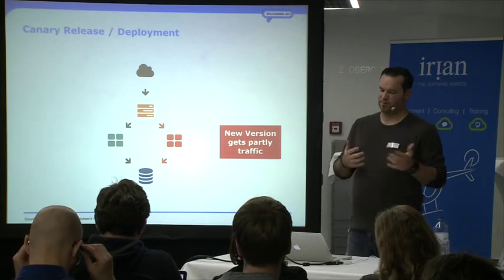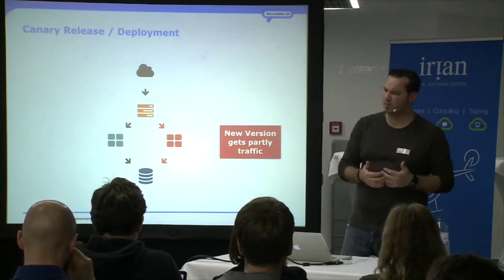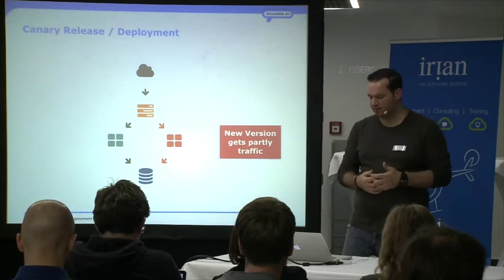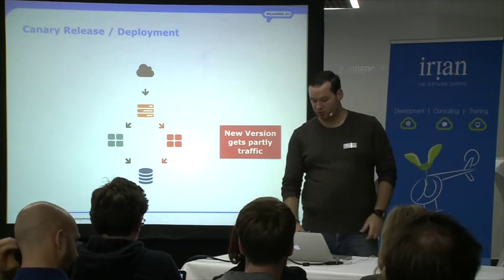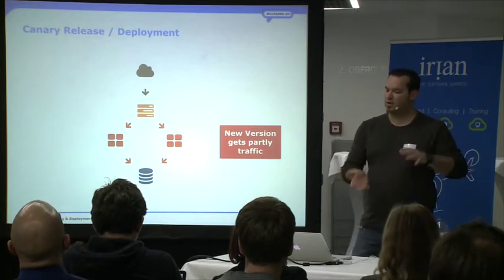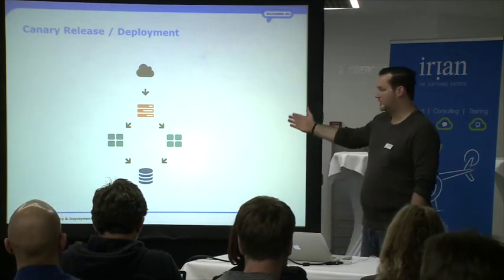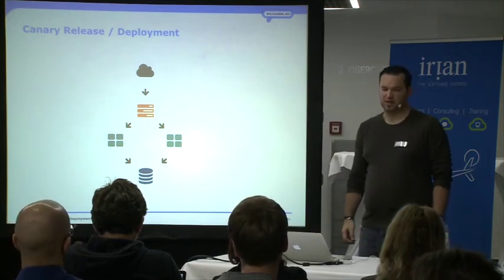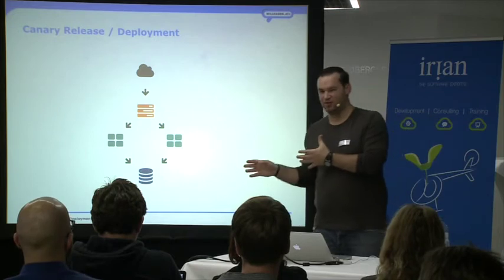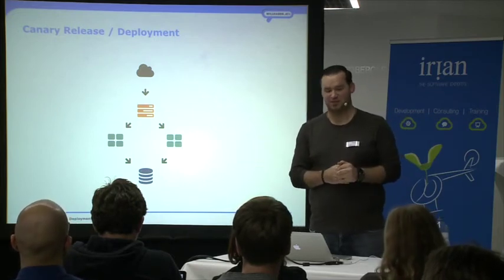Your business guys can evaluate if the new version fits their requirements, if it's good enough, if the people are responding to new features, something like that. And if you're happy with the new version, you can do the same on the other instance. So you can deploy the new version on the other instance, and afterwards you have the new version on both instances again. This is extremely dangerous, because having more than one version in your production system is a pain